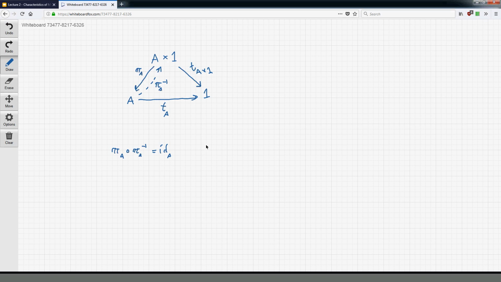And we know from the definition of the terminal object, and the universal property of the product, you could do either one, that the terminal morphism from A to 1 is equal to